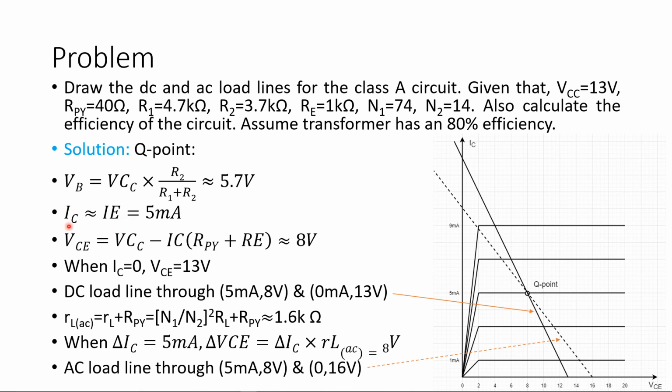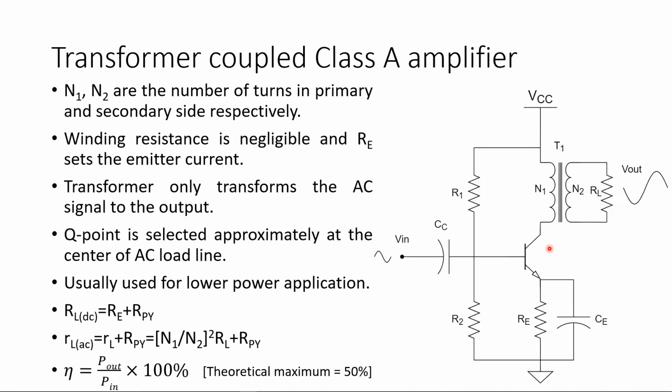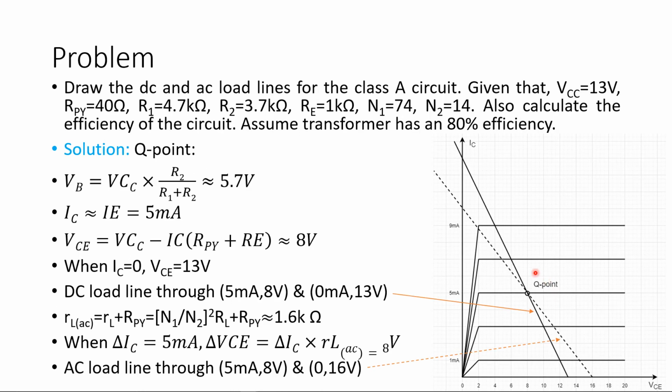current and collector current. Now we proceed to calculate the VCE, that is, this is the collector point and this is the emitter point. So the collector to emitter voltage, that is the Q point. We want to calculate the Q point. So one value of the Q point has been calculated, that is IC, and the voltage of the Q point